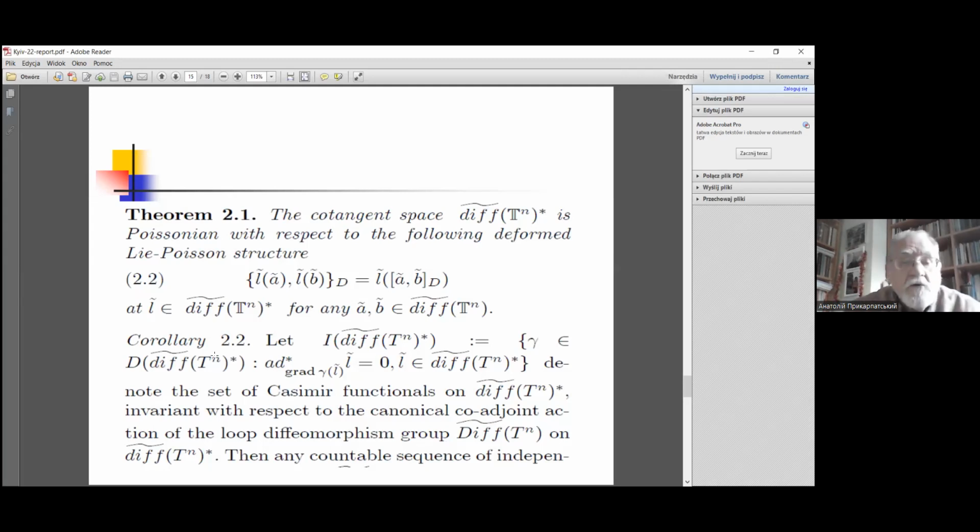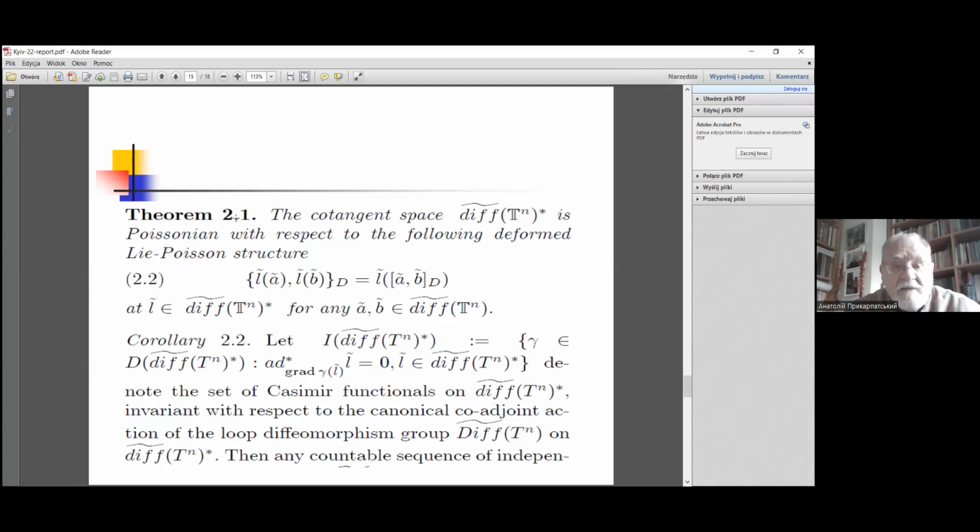So owing to this fact, we have a Poisson structure. So we arrived exactly at the reduced current Lie algebroid, and as a corollary, we can formulate the following